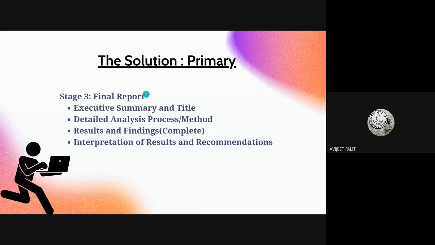Next, the solution, which is the final report. For primary, there are only 4 sections, including the executive summary, the detailed analysis and process or method, with subsections like data cleaning and all those parts going to be similar to the midterm, but it is the analysis. If you conducted a regression analysis in your midterm, ideally you should not repeat those things in the final report. The midterm is going to be a primary and preliminary analysis, so some of your preliminary analysis may be your final analysis as well. So you can put those things there, but not all.